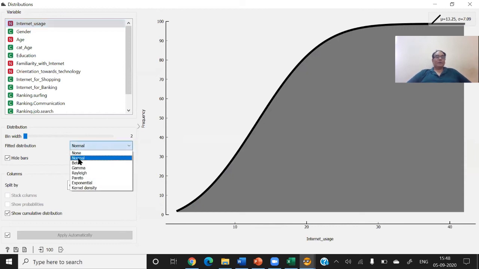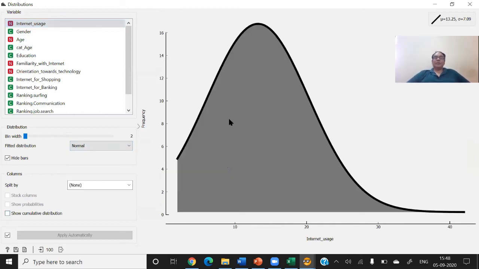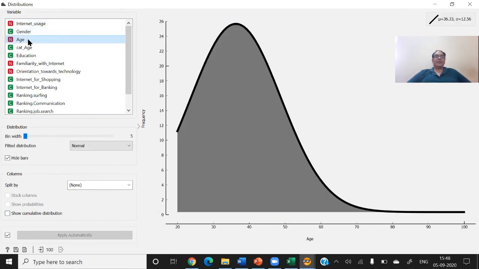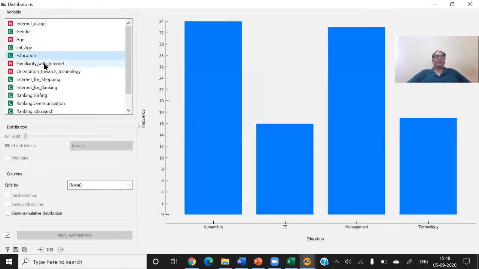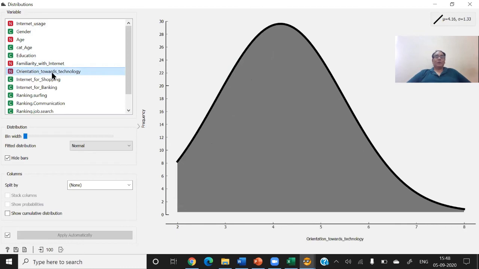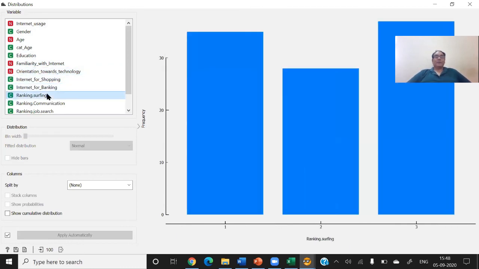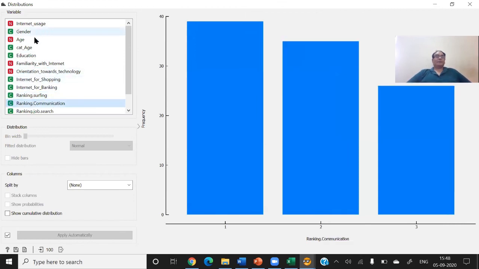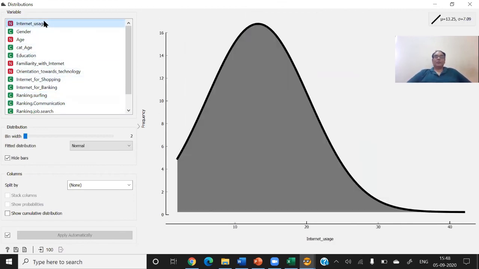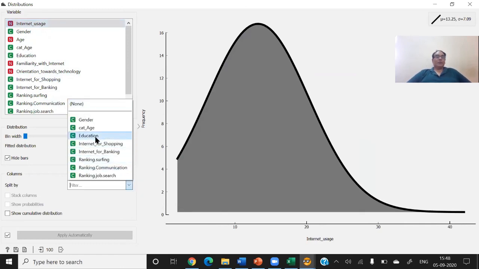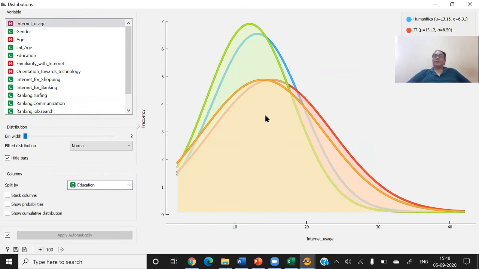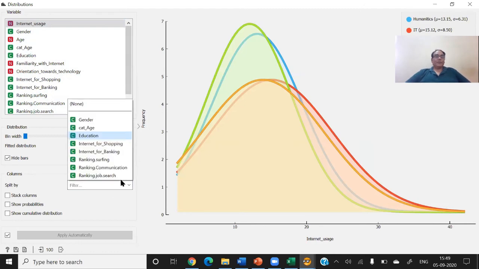This is the distribution of the internet usage: gender, age category, education, familiarity with the internet, orientation towards technology, shopping, banking. You can also split it education wise, so this is the education wise distribution, and we can also split with respect to age.